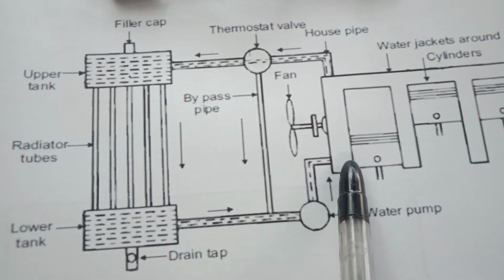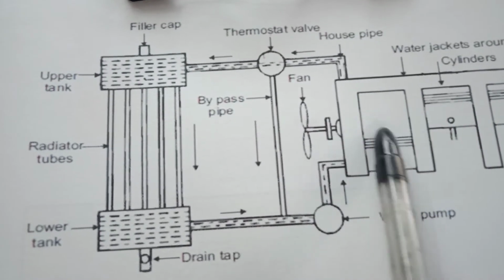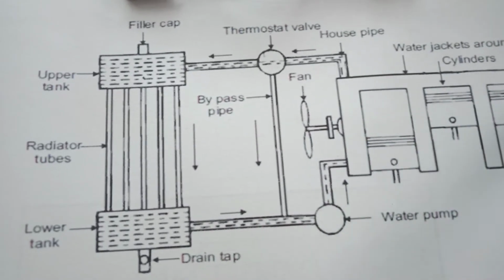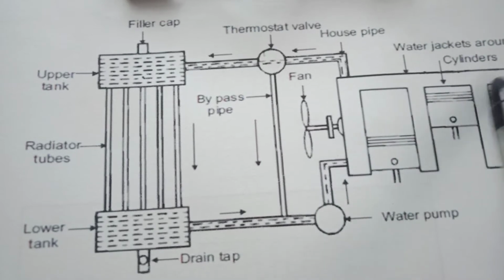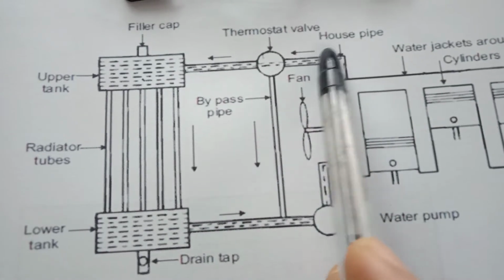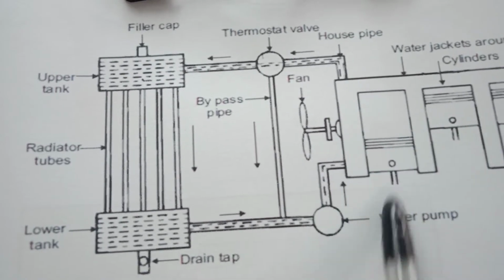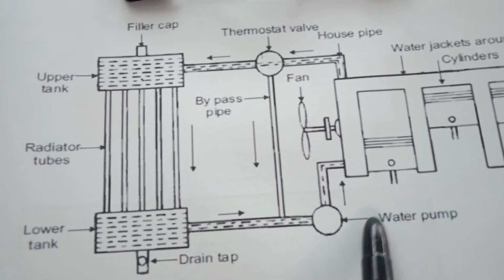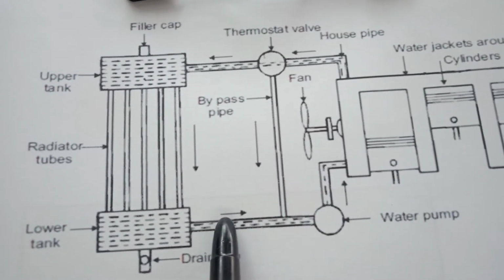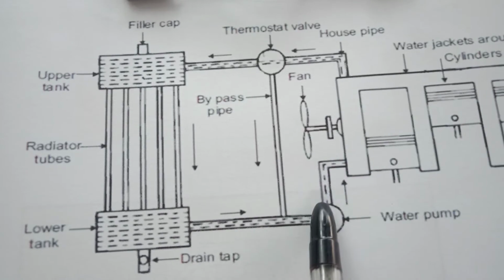Now how the water cooling system works, that we will see. So this is the multi-cylinder, 3-cylinder engine. These are the 3 cylinders. Around these 3 cylinders there are water jackets in which water is present around the periphery of each cylinder. This is the inlet of the jacket and this is the exit of the jacket. This is a water pump driven by the crankshaft of the engine, so that when the engine rotates, the crankshaft rotates, and this water pump rotates. When this water pump rotates, it will suck the water from the lower tank of the radiator and push the water towards the water